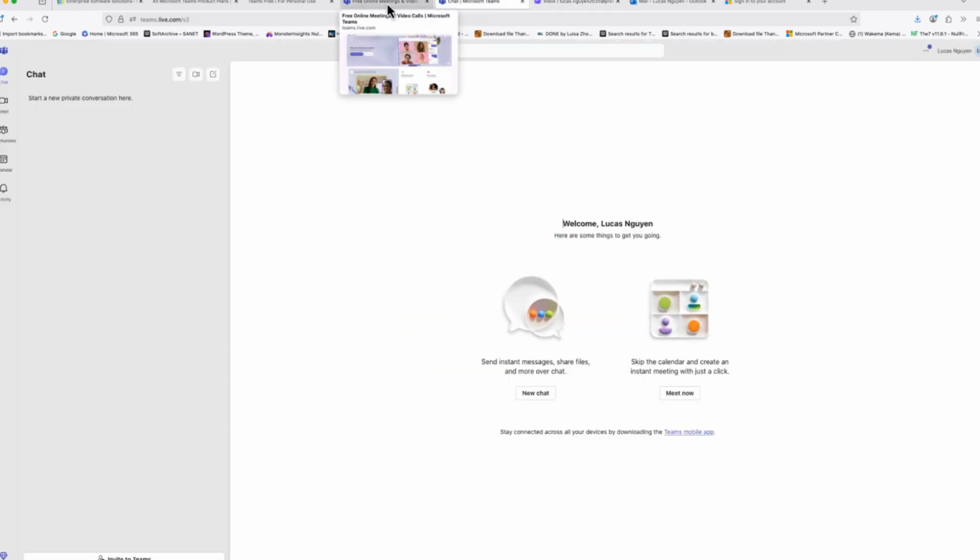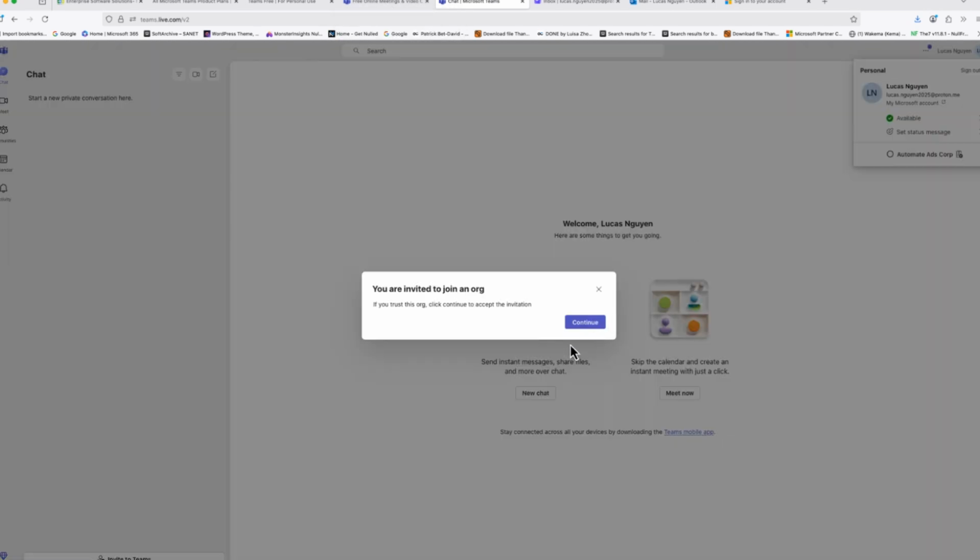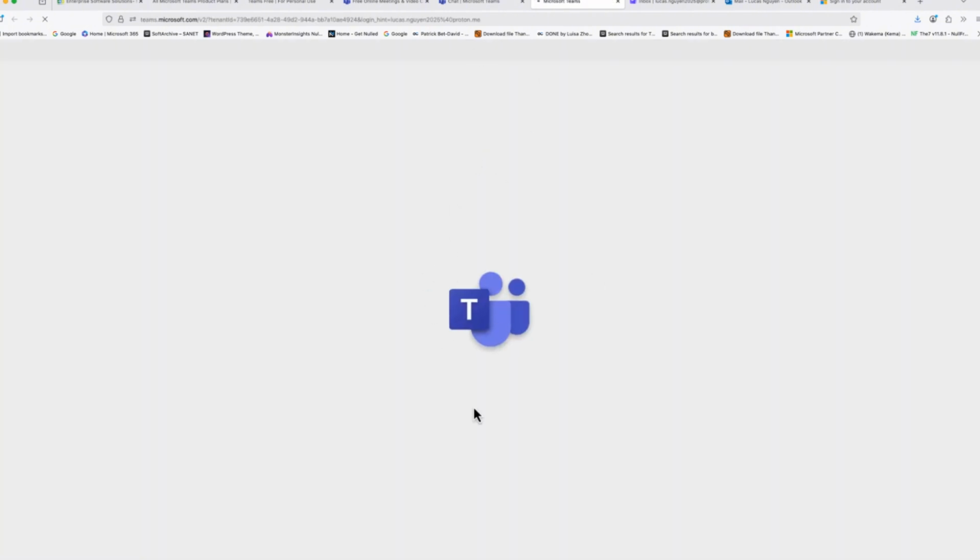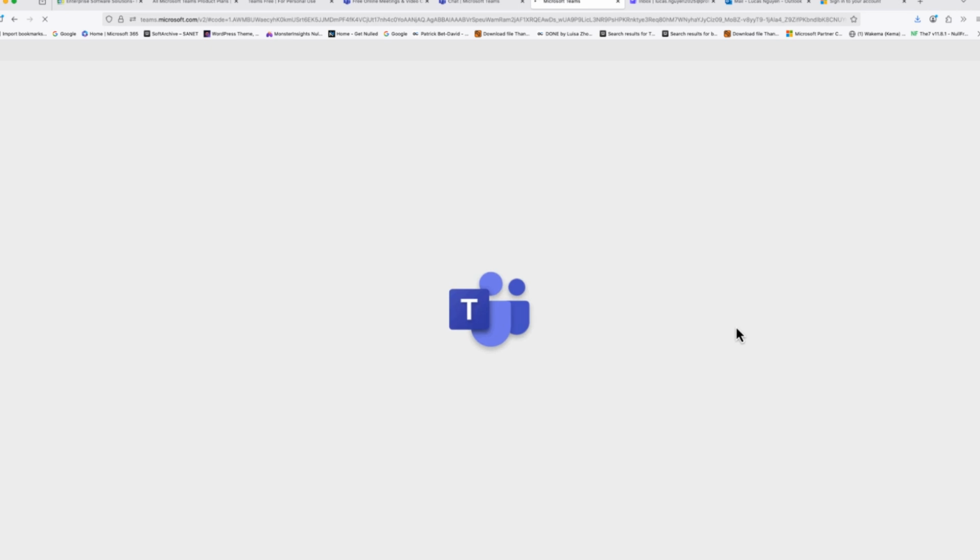And before I jump into that, I just wanted to quickly click this and show you what happens when I switch over. So I'm going to move him over, switch over, and show you what Lucas can see and what he can't see. Right. And voila. Oh, look at this, I didn't do this permission. I'm going to click accept, and just make sure Lucas accepts those permissions about what he can and cannot see. And I'm going to give Teams a second to load that up. Right. Now, while we wait on this, I do want to share